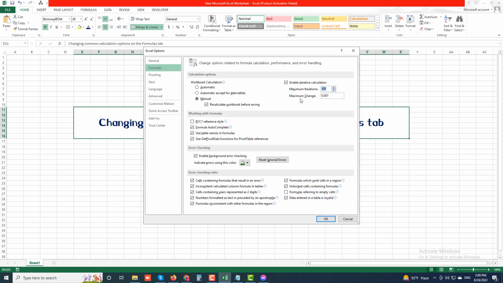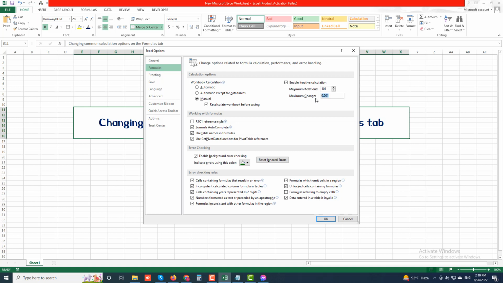Then Maximum change. So use the Maximum change text box to change the amount by which Excel increments the guess value it applies each time the program recalculates the formula, in an attempt to solve it, by entering the new increment value in the box. Then